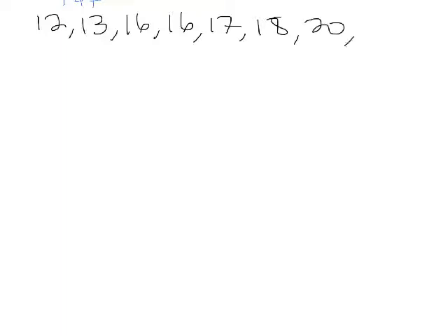So the data is, to write again, 12, 13, 16, 16, 17, 18, 20, 21, 29, and the outlier 47. So that's our data. So now for the stem and leaf plot, what you do is you take the first